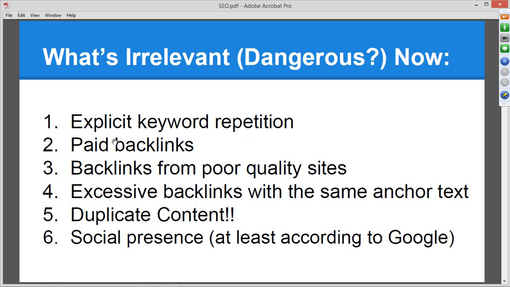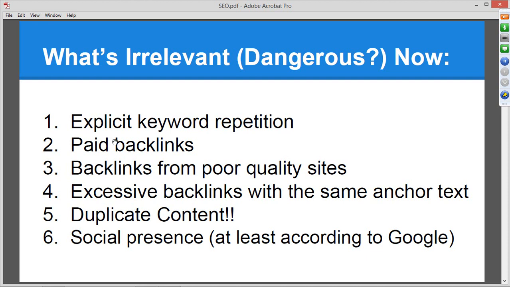Paid backlinks. Now, this gets a little bit beyond our discussion today, but it is worth noting because Google has taken some very heavy action in the past 2 years against sites who pay other sites to link to them. Like I was just saying, one of the biggest indicators for Google still, although it's declining in terms of how much they rely on it, is other websites that link to yours. That's a great outside indicator for the popularity and the relevancy of a site to